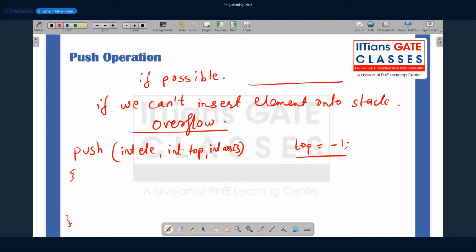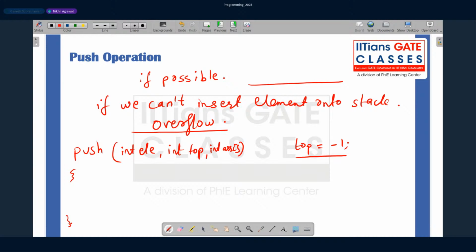Since all these operations are happening at the top of the stack always, is it necessary for us to feed the top pointer details? Because it is not in our control, right? A top pointer, wherever it is. Do we need to still pass it as a parameter?